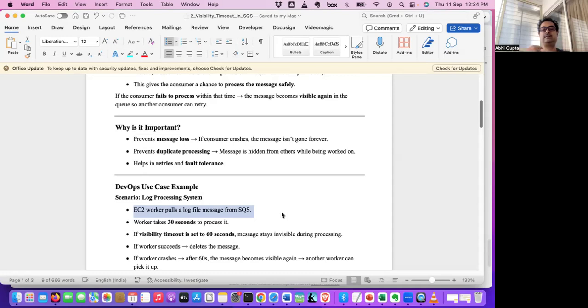And if the worker succeeds, then it will delete the message. But for some reason, the worker crashed. So is that message gone, right? But the message is invisible here. After 60 seconds, it will again become visible. Some other worker will be able to pick it up. It generally takes an average of 30 seconds, but after 30 seconds, 60 seconds, almost